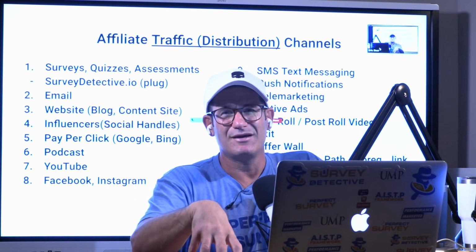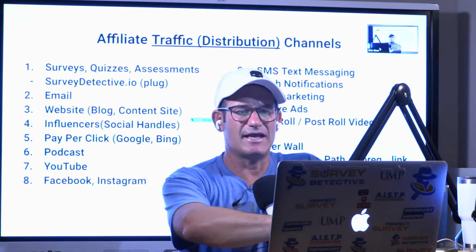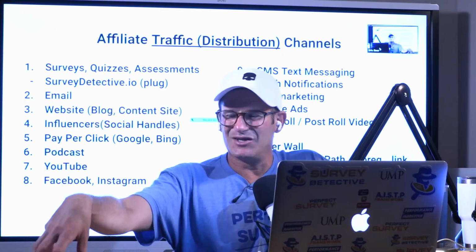What does that mean? That means that you have people that can drive traffic, like any of the 17 things on here. They're your distribution. Now what do you got to do? You got to go find offers. You got to go find a unique offer. That advertiser is looking for traffic or distribution.